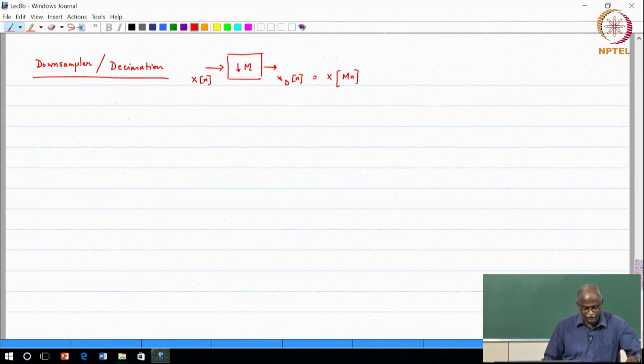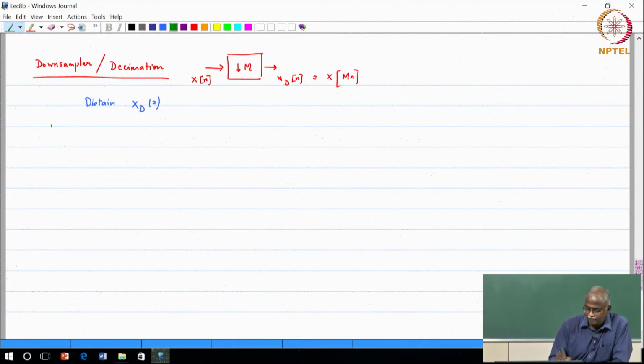The important thing that we would like to develop in today's class is the representation of xd of z, to obtain the Z-transform or the frequency domain representation of the downsampled signal or the decimated signal. So that is the goal for today's lecture. Okay, so before that, what I would like to do is a notion of what is called stretching